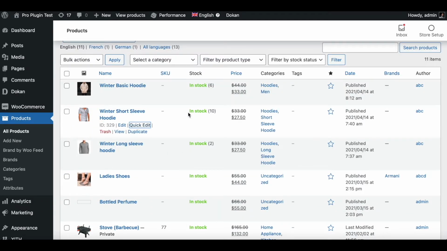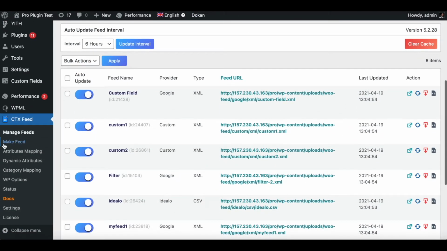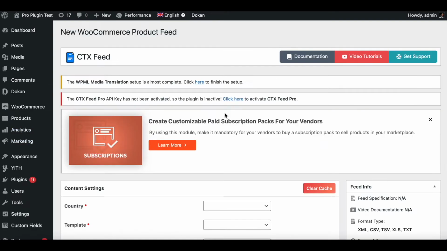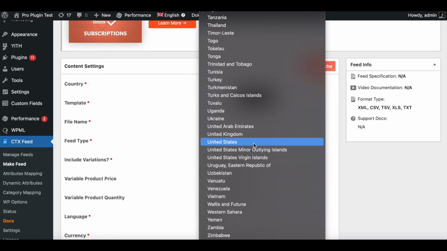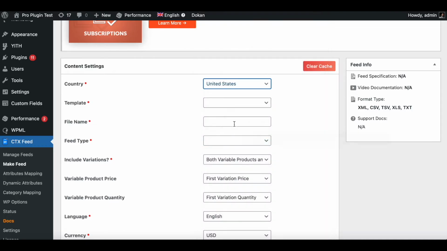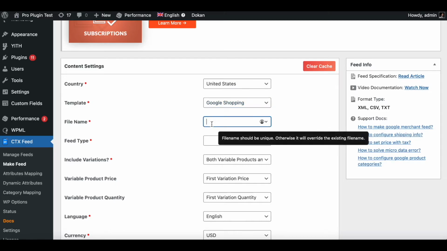Now let's jump into the CTX Feed plugin, try to create a feed and see how we can do it for each individual vendor. Under our CTX Feed plugin, let's create a new feed. Click on make feed. Let's choose the country as United States. Template, let's keep it as Google Shopping. File name vendor 1.